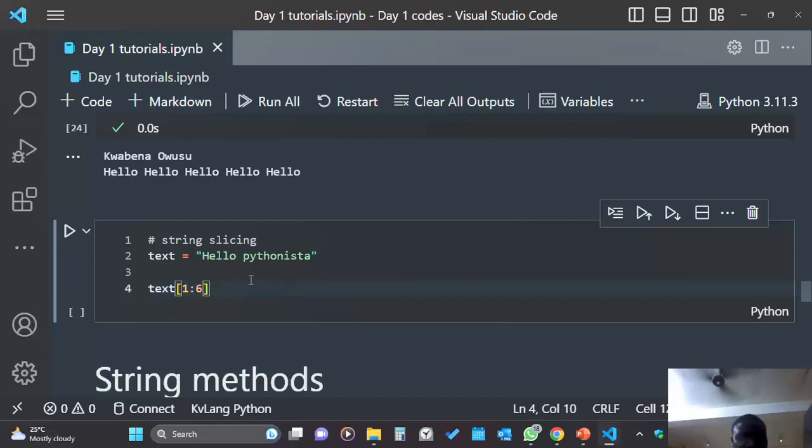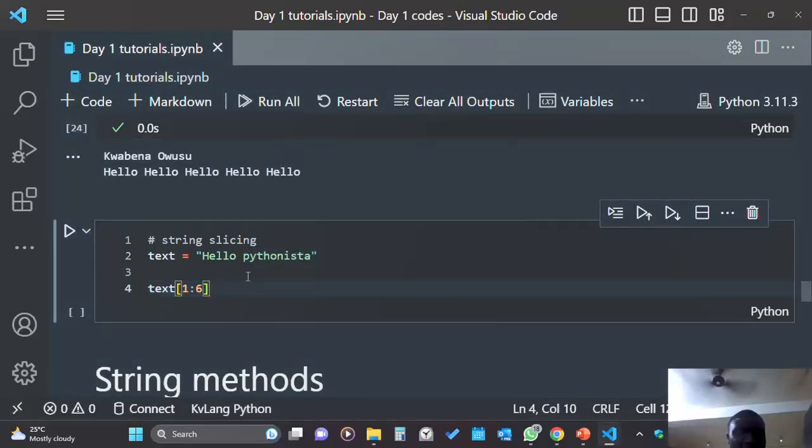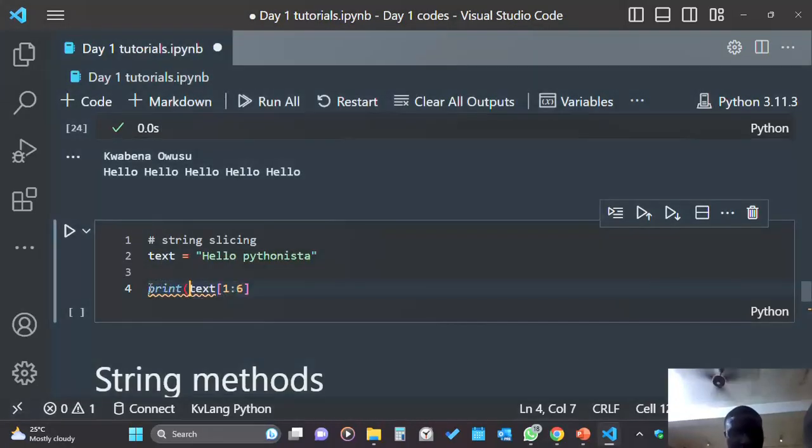Now, ending on position 6 means this is 0, 1, 2, 3, 4, 5, 6. Ending on position 6, P is on position 6. Since you're telling the computer to end on position 6, it always ends 1 before the position. Okay, so if I'm to print this out,